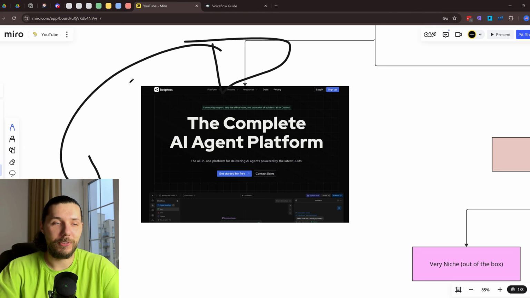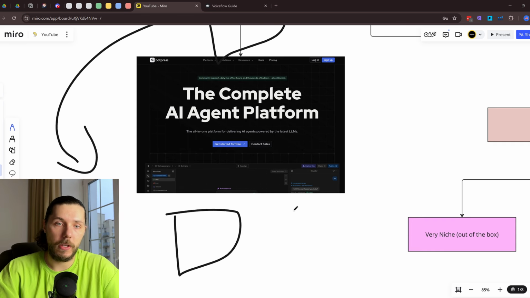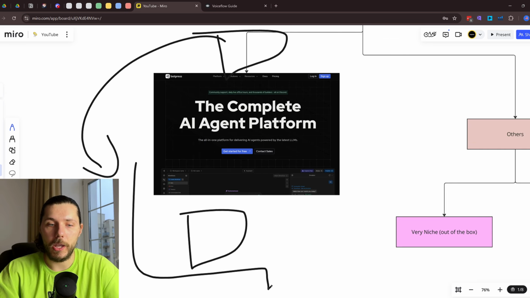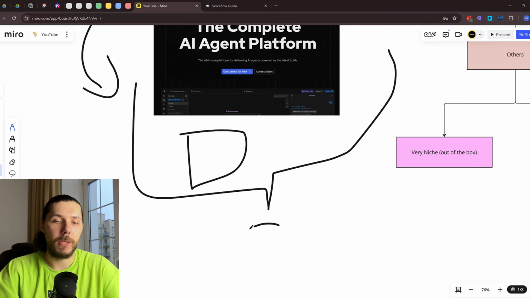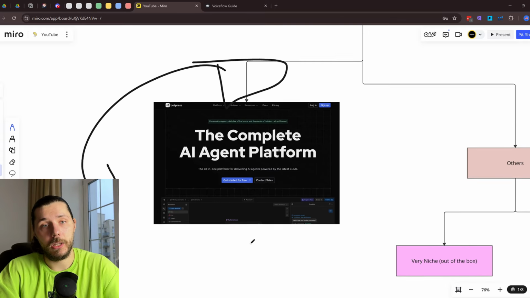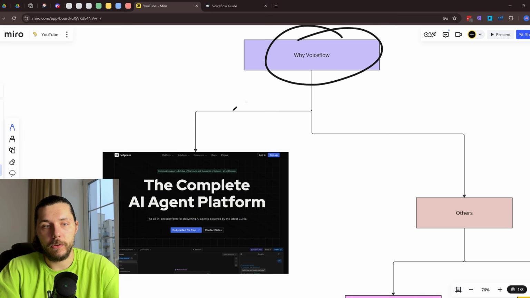I think Voiceflow is one of the best on the market in terms of the team support, adding features, and talking to the community. I'm very active there. I'm very active inside their Discord. I talk to the team, and I just know that if you have a question, you would probably be able to solve it right away within 1 or 2 days of being inside the Discord or being inside other communities around building AI agents. That's why I think you should just go with Voiceflow,